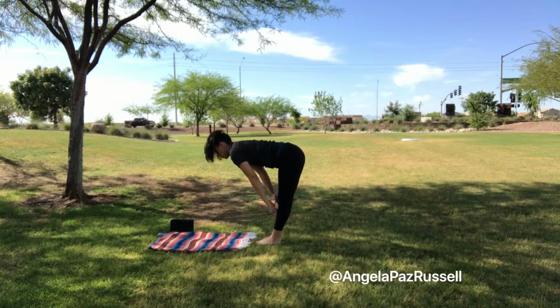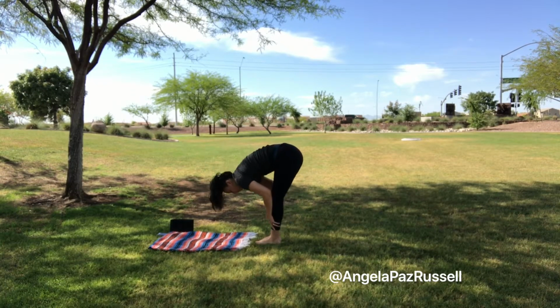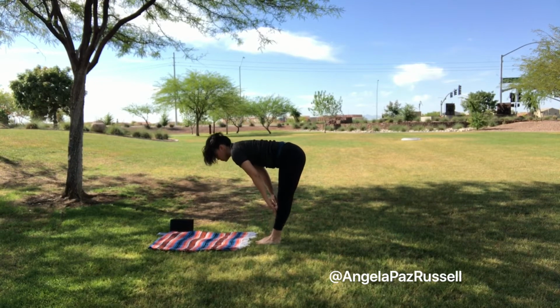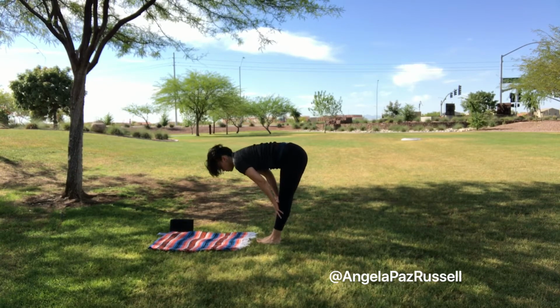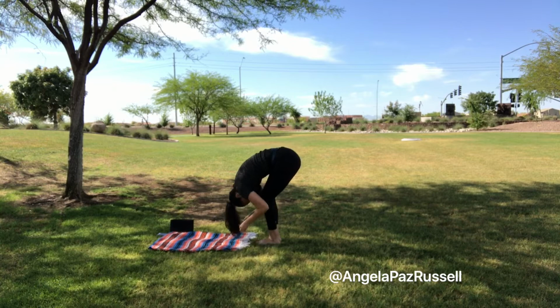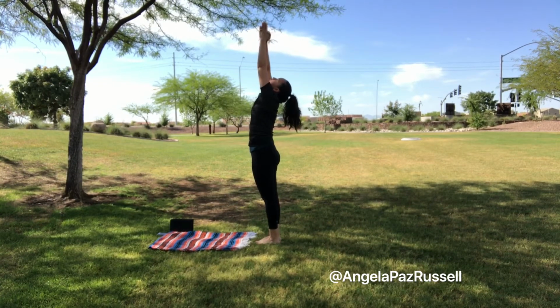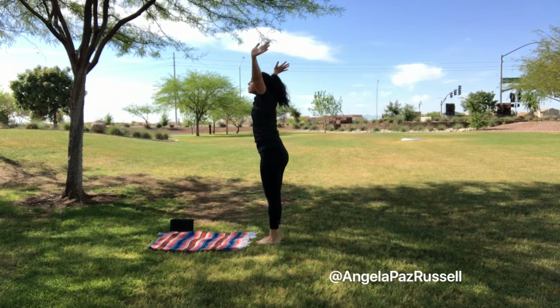Inhale, nice flat back, pull that heart forward, hands to shins. Exhale, fold, soften, round. One more. Inhale, half lift, a nice flat back. Exhale, fold. Inhale, now reach and rise, arms out wide, draw the palms together overhead, and then release the arms